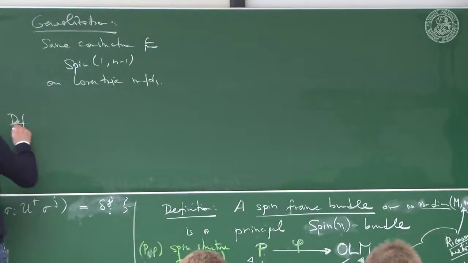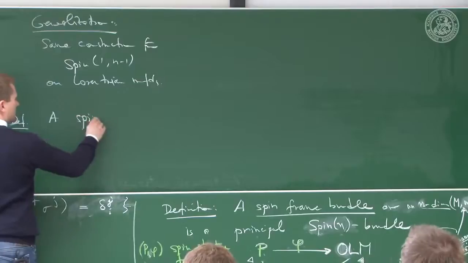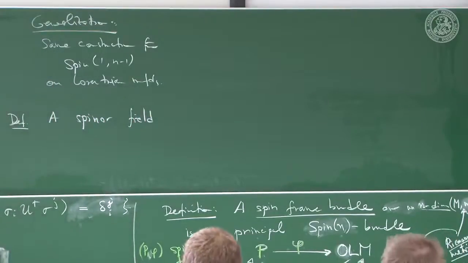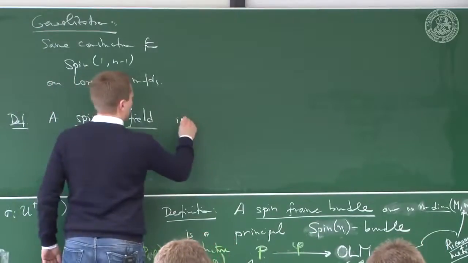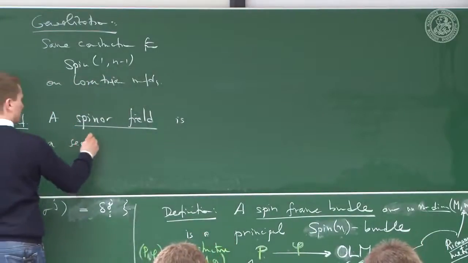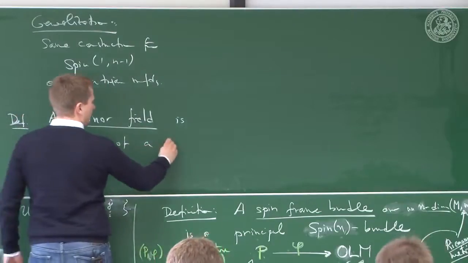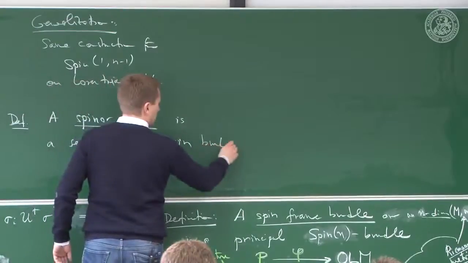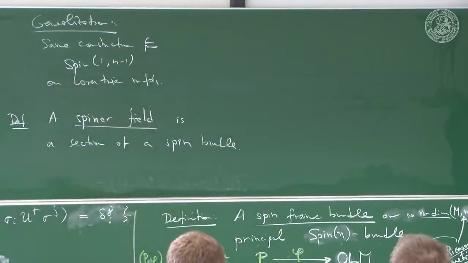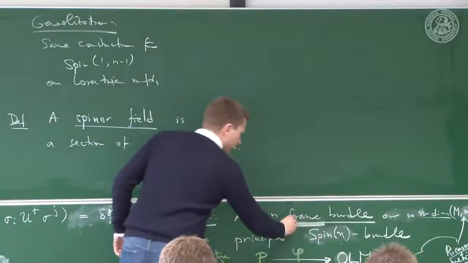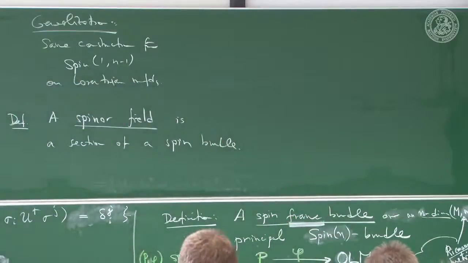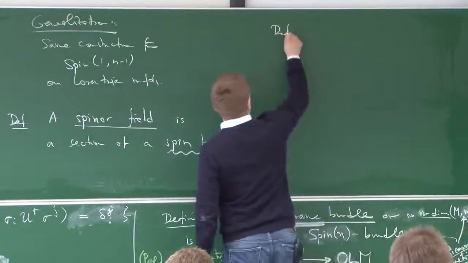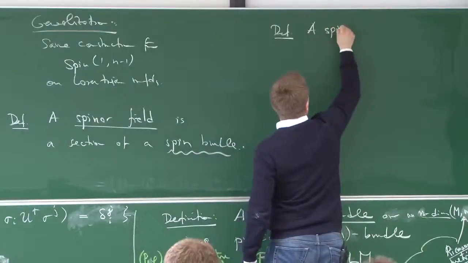Definition: a spinor field, right? A spinor field is a section of a spin bundle. Not of a spin frame bundle. This is a spin frame bundle, and now of a spin bundle. So I should tell you what a spin bundle is. Definition: a spin bundle